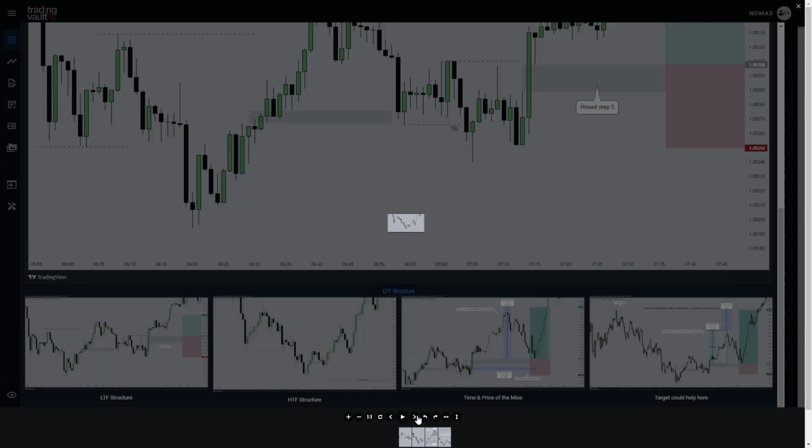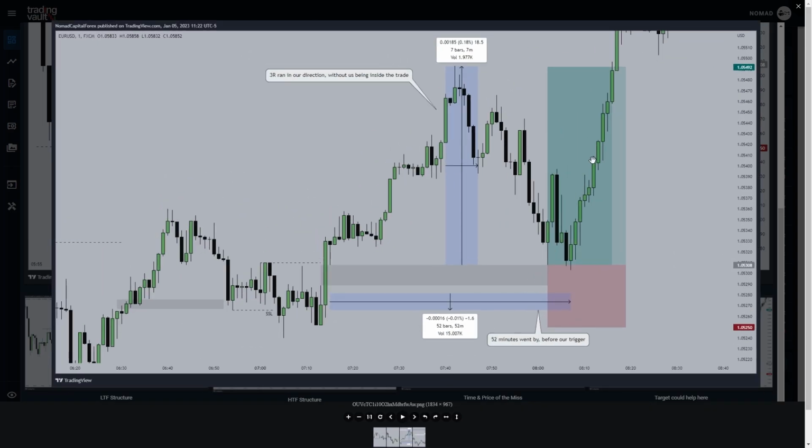But here's the thing, it actually does, but it does it quite a bit later, right? So we have the fact that 52 minutes went by before the entry was triggered, before my level was executed, or my entry was executed. And in those 52 minutes, price pulled away from our entry for 3R, which means that at that point I would have either closed at 2R or 3R in profits, which means that this trade,